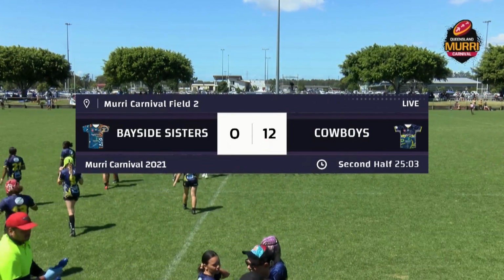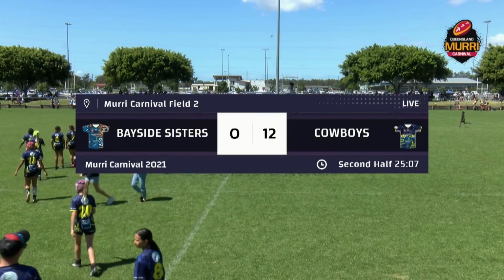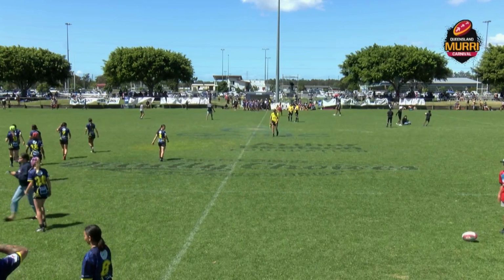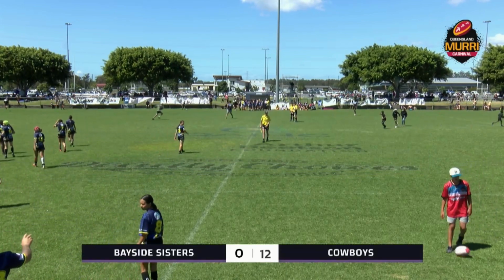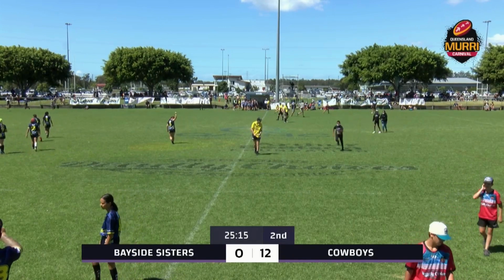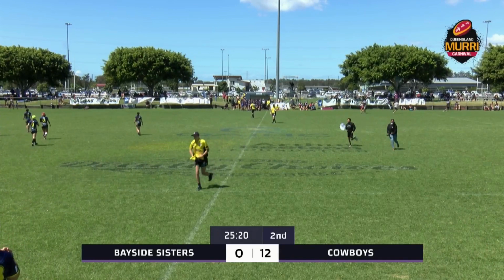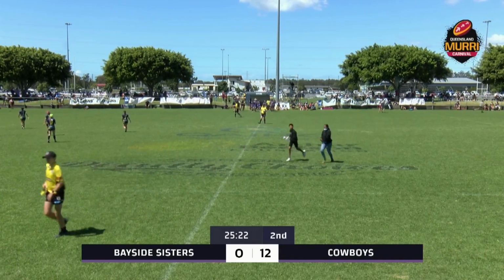And the coaches, let's have a breakdown of this, Tamika. Tim Knight for the Bayside sisters. No points on the board. What would you be saying to the team? Yeah, like I said before, they've been doing really well in defence, so I would compliment them on that and just get back to completing their sets, getting up the other end. I think once they get up the other end and spend a bit of time there, they'll be able to